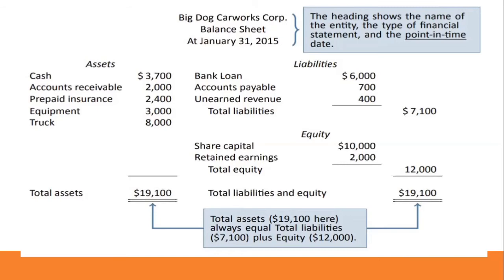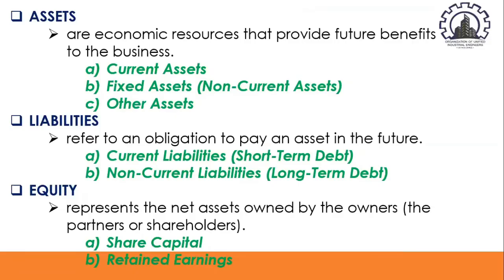So what is meant by assets, liabilities, and owner's equity then? Now, just a brief recap. If we say assets, these are economic resources that provide future benefits to the business. Now, as discussed earlier, assets are classified into three. We have current assets, fixed assets or non-current assets, and we also have other assets. If we say current assets, these are the types of assets that are liquid in nature. These include cash, accounts receivable, prepaid expenses,